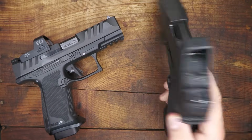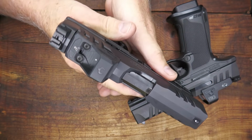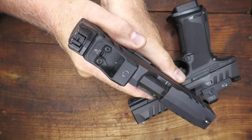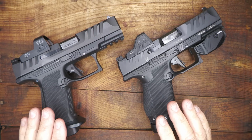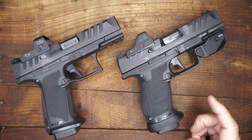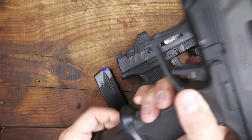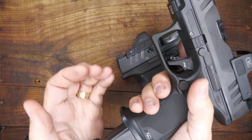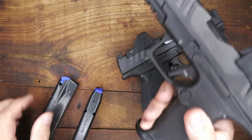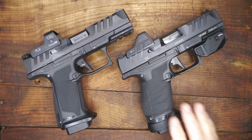Now there is one con that I do want to mention. You got to be careful when you're shooting this to make sure that you keep your hand, because it's really easy, especially with those thumbs forward, high ride, it can be very easy to hit that slide stop. But also one additional pro is that it does take your PPQ magazines. But they do also offer 20 round magazines as well. And this really gives you a lot of mag capacity. It has a little bit of different base pad, but really it just barely sticks out of the bottom. So 20 round magazines are excellent, but 18 rounds, that is also a big plus because the original PDP mags